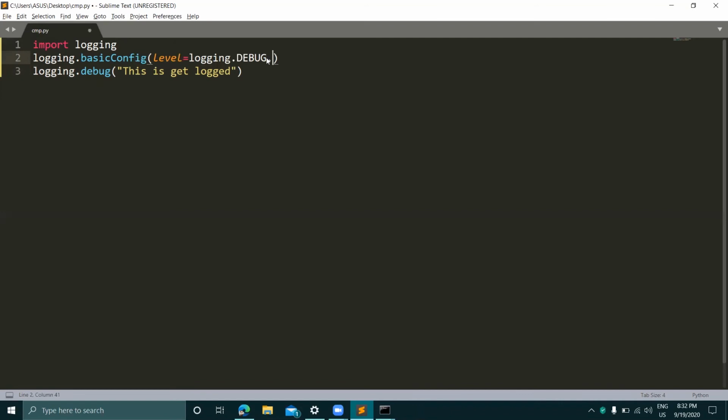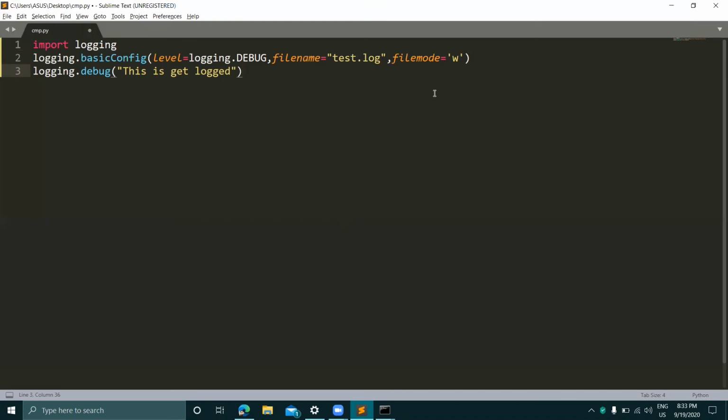Okay, so here is a filename, and here the name is test.log. Okay, so now we will use the file mode. Okay guys, it's W. By default it is creating in append mode.